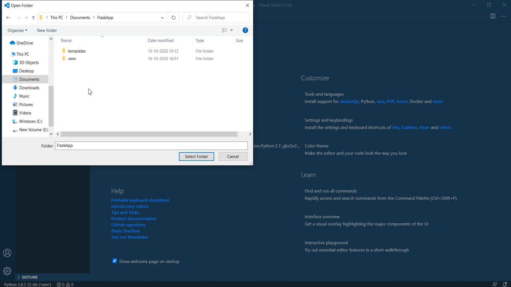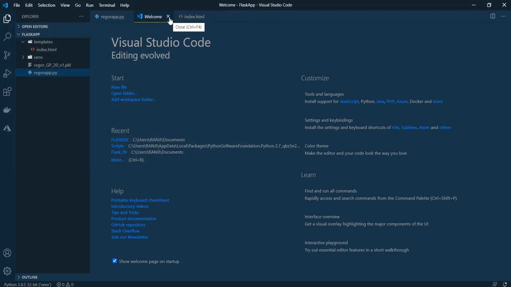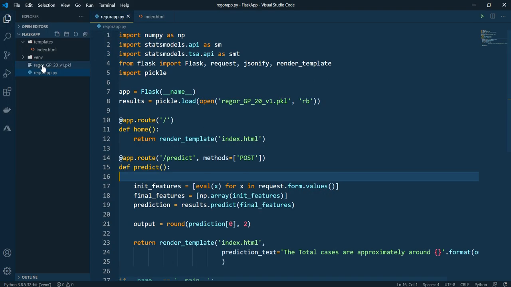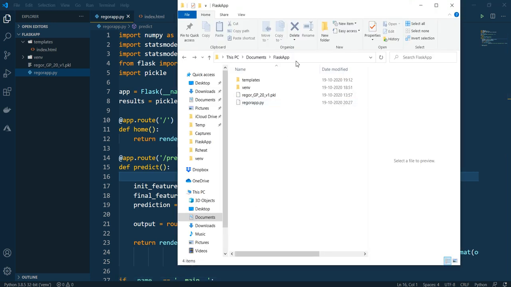In Flask app, I have different folders. I'll explain each and every step one by one. Now I have done that activity, I'll just open this here. This is my directory where my Flask app is, and inside this, first you have to set this path. If you did it the same way I have instructed, you will be in this particular directory, the Flask app or the directory which you created.